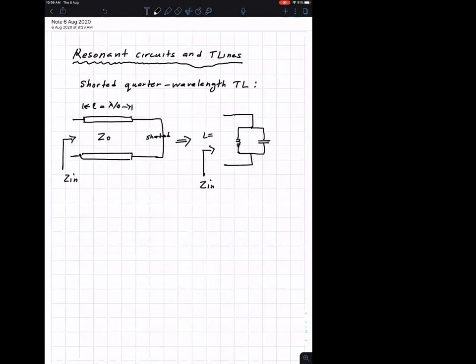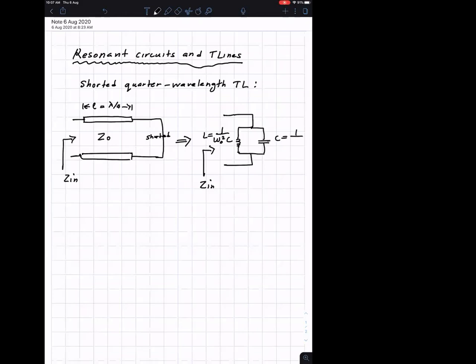So for example, in this case, your inductance can be found by using this formula, 1 over omega naught squared C. That will give you the value of the inductance. The capacitance value, you'll find first using the formula,